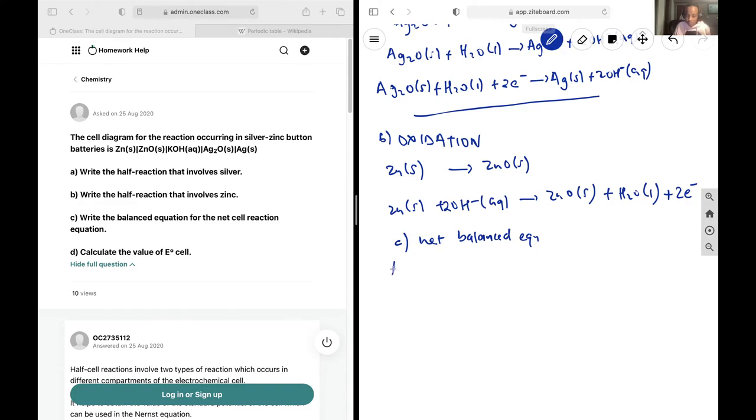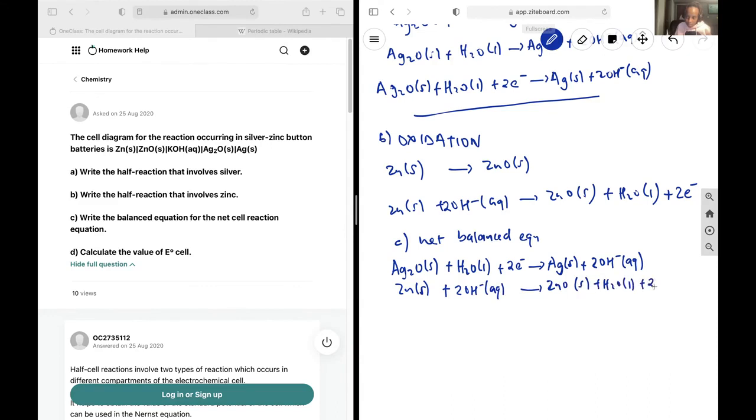So let's just write it out here. And here. Okay, and so this is our reduction half and our oxidation half. And so when we add them, we would like to cancel